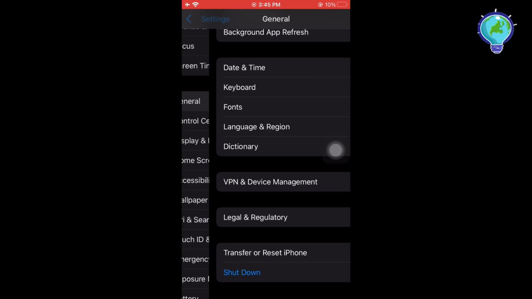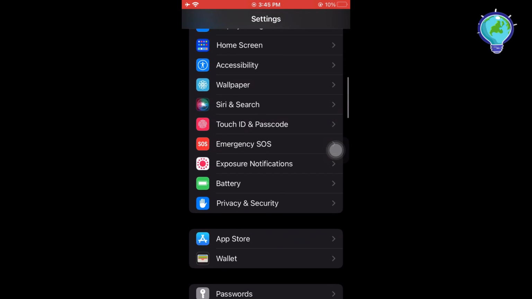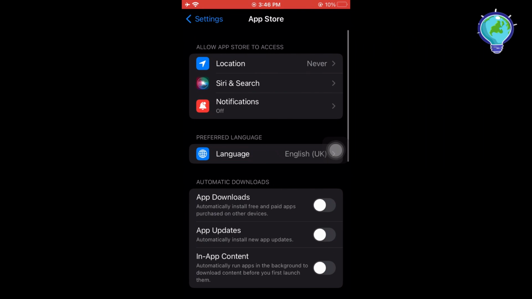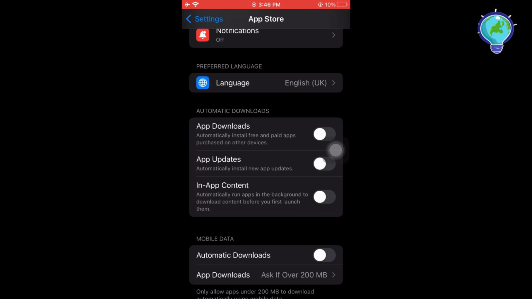And another option that you have is just simply go to the settings, and from here just simply go ahead and go to the App Store. And after that, from here just simply go to the app automatic downloads, so make sure to turn this on. And from there you should be able to fix it, or you can just simply tap on this icon over